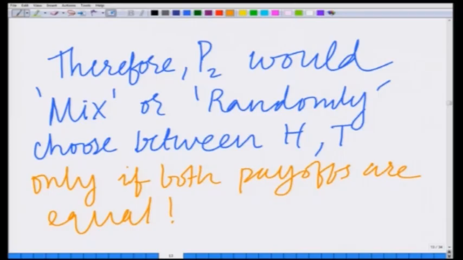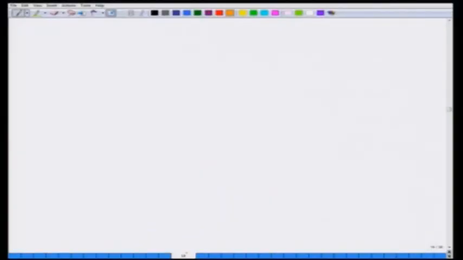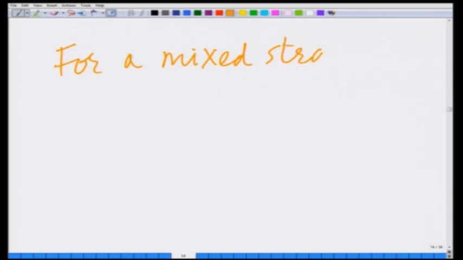If the payoff from heads is greater than tails, then he would always choose heads. If the payoff from tails is greater than heads, then he would always choose tails. He would randomly choose between one versus the other only when the payoffs of both are equal, or he is indifferent to both of them. And therefore, for a mixed strategy Nash equilibrium,